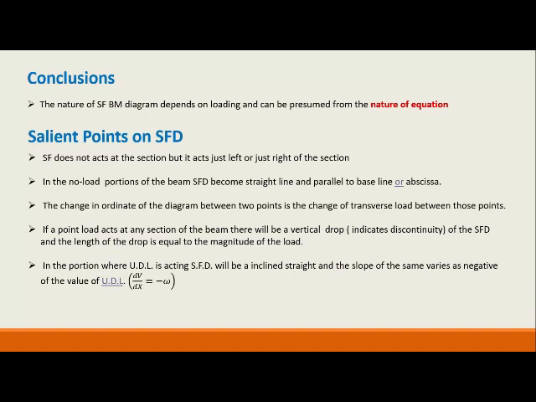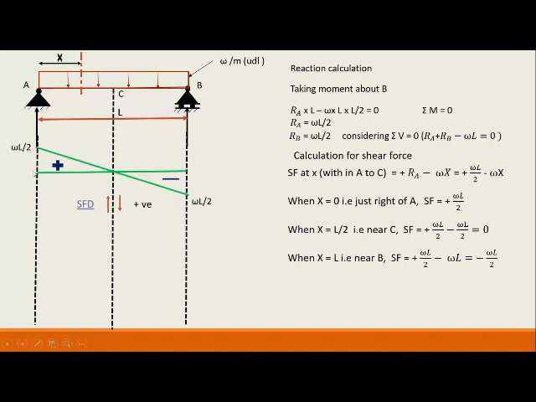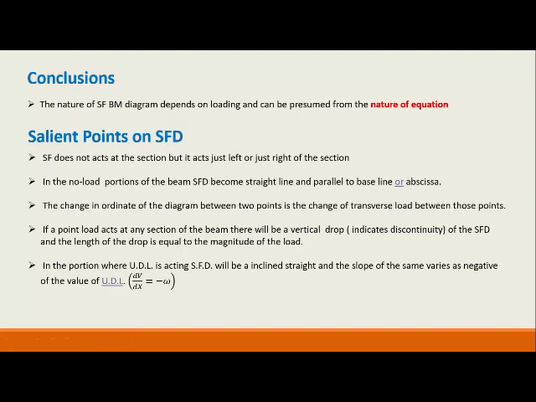And here it is very salient that if it is a UDL, the slope is equal to the load. Let us go here. If the value of the UDL is omega, what is the slope of this portion? It is perpendicular divided by the base. So omega L by 2 divided by L by 2 results in omega, which is the load. So we can say from here that dV/dx, which is the slope, is equal to minus omega, the negative of the load intensity.